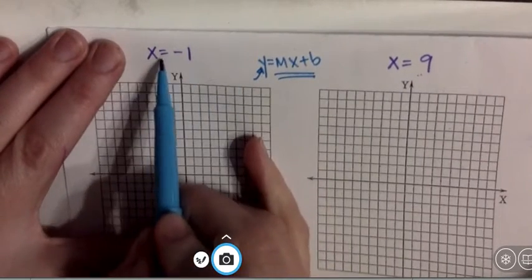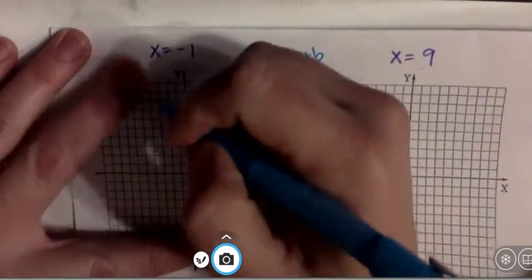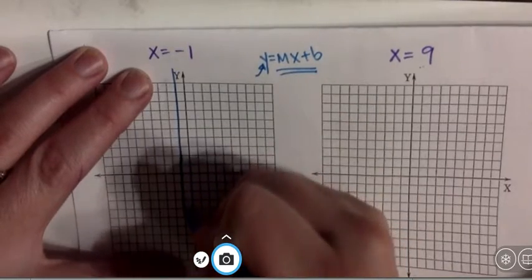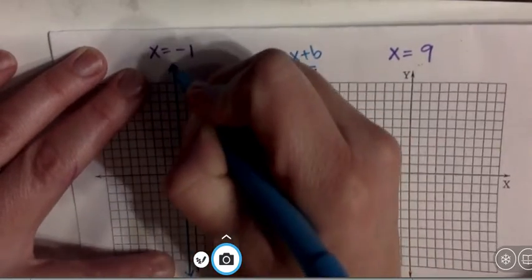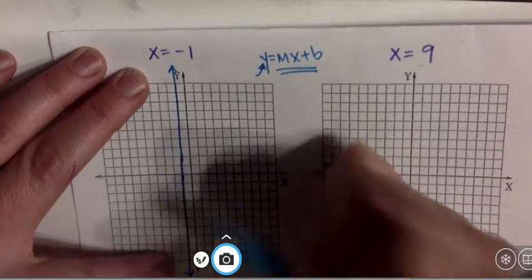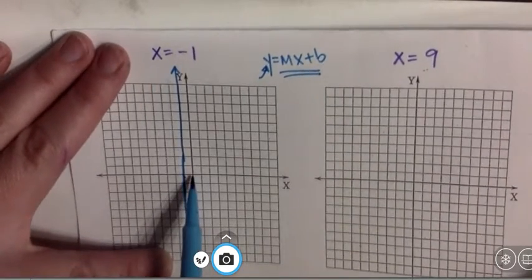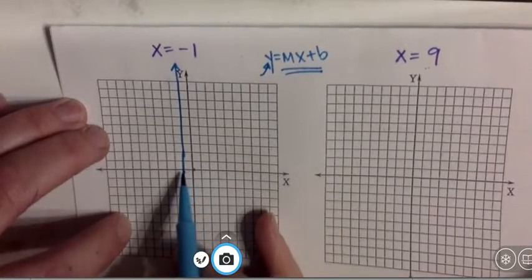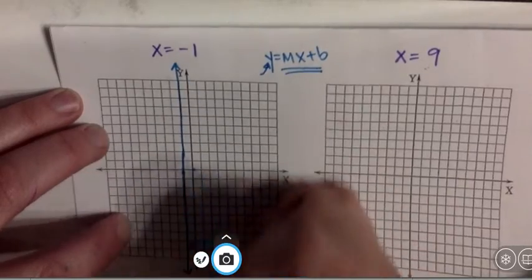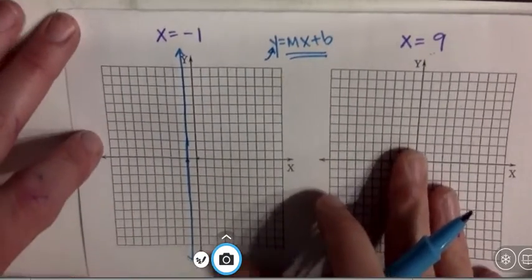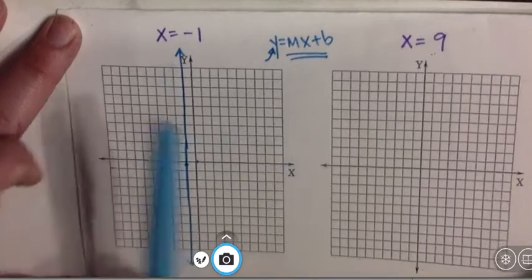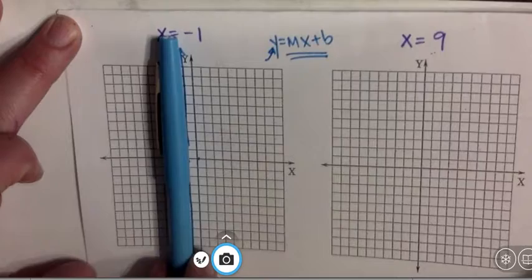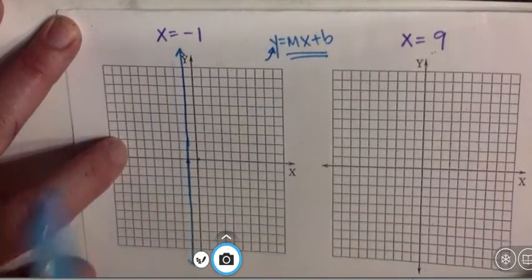So x is equal to -1. If we were to draw this graph, we would essentially just go through -1 on the x-axis. So if we look at this, here is our origin. This slightly thicker line is hard to see. I'm going to go to -1 on the x-axis, and I'm going to draw a vertical line. So if we look at this, this is definitely not a function. It would not pass the vertical line test. If I look at this, every single point on that line hits the vertical line, so therefore it's not passing